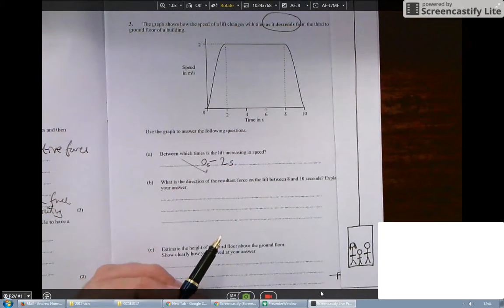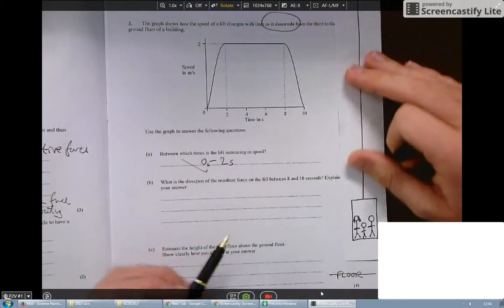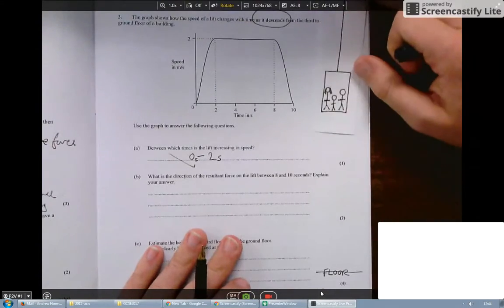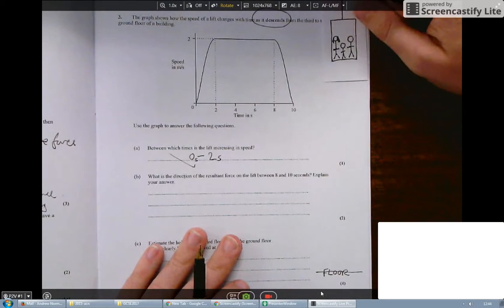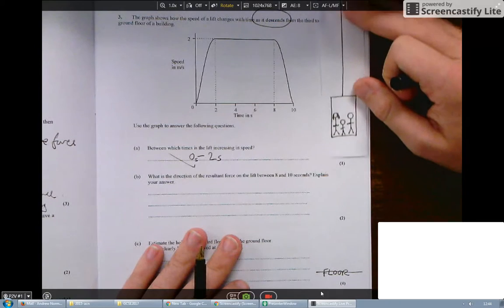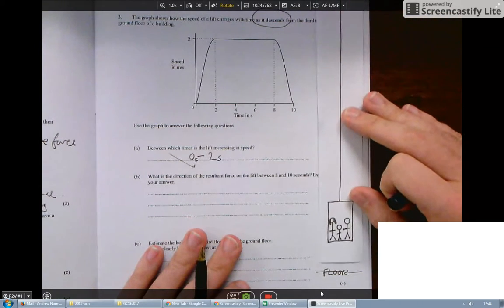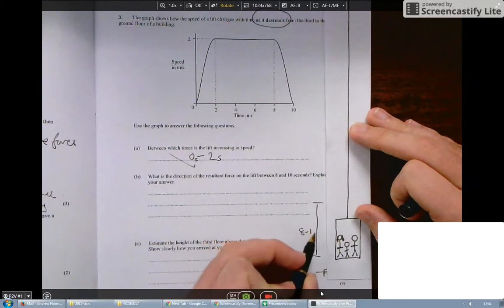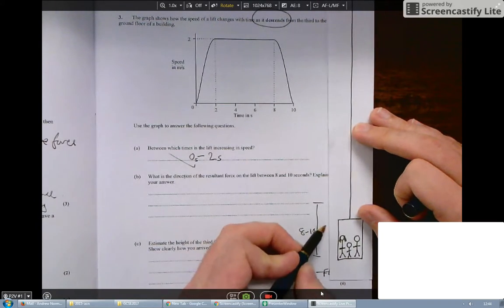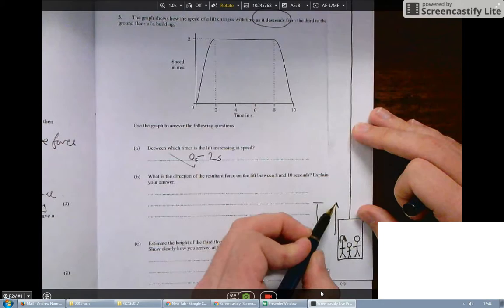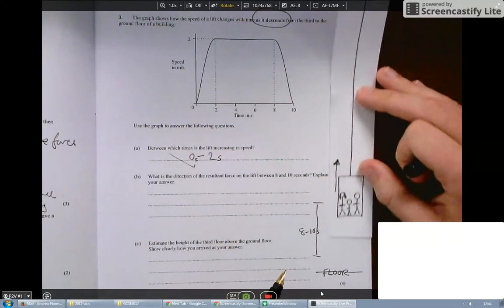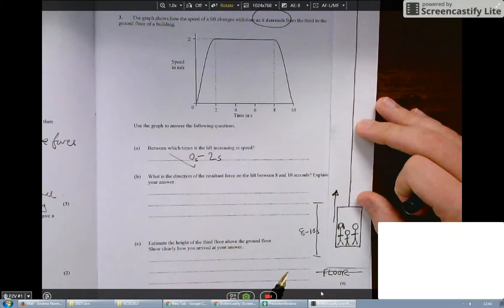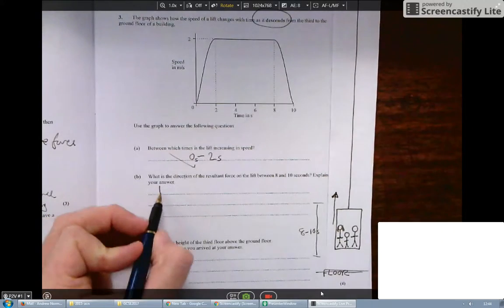What is the direction of the resultant force between 8 and 10 seconds? Well, going back to my little sort of animation here, at the beginning, it's speeding up, then it's at a constant speed, and then it slows down. So the 8 to 10 seconds bit happens at the bottom, and the force on the lift here is going to be in the upward direction because that's what's going to cause it to actually slow down to a stop. So upwards